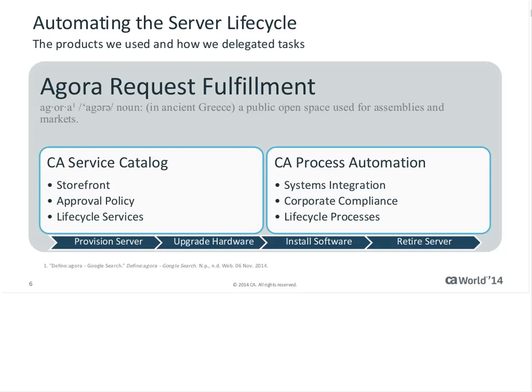And one of the ways that process automation can help us is that it gives us a clear audit trail. We can look back at a particular process and we can show demonstrably that this particular request went through each of these operators in the process, and it either completed or it failed, and this is what happened and why it happened. Another thing that's important for us in adhering to corporate compliance is that we can enforce policy through automation,